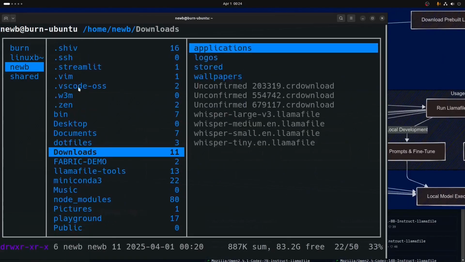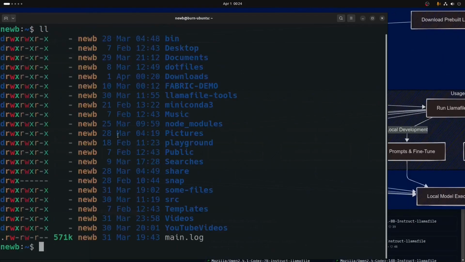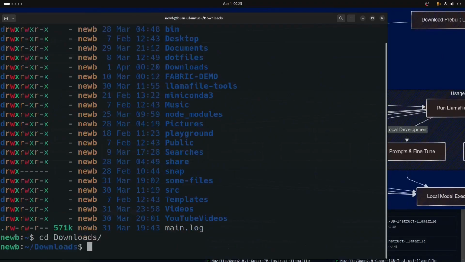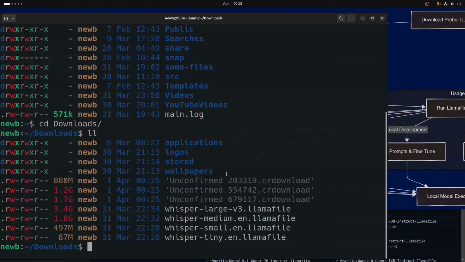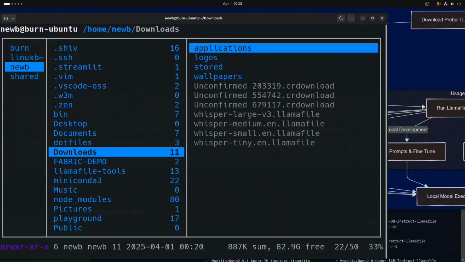If you're confused about this file system navigator that I'm using, it's called Ranger. I very well could just go through the command line, through the terminal, so we can CD into downloads and take a look at what we have. It's still downloading those larger models, those DeepSeek models. Earlier I downloaded a bunch of the Whisper files to try out the various sizes. And real quick, we'll just see what I already have ready to go on the system,